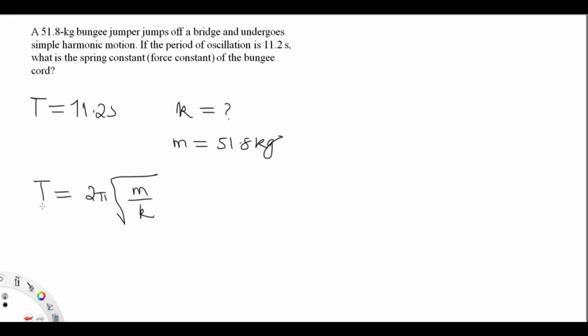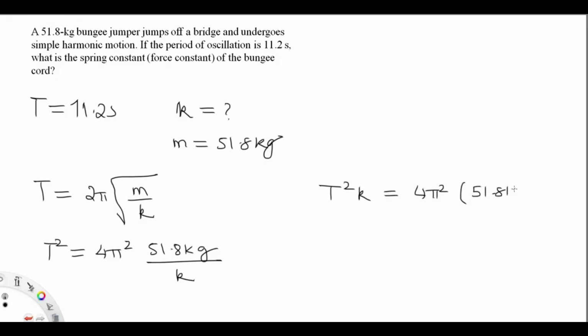So in order to find k, we can square both sides. Then we get T squared is 4 pi squared, squaring the square root will cancel that square root. So then we'll have m, which is 51.8 kilogram, over k. Okay, so we want to find k. So multiply both sides by k, you get T squared k is 4 pi squared times 51.8 kilogram, and then